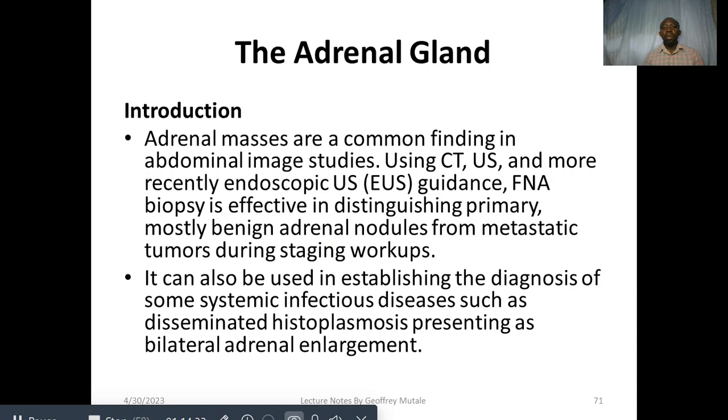So I wanted to stop here for today with the kidney, and maybe on another presentation possibly tomorrow I can begin from here with the adrenal gland, and the remaining parts of the discussion, and then